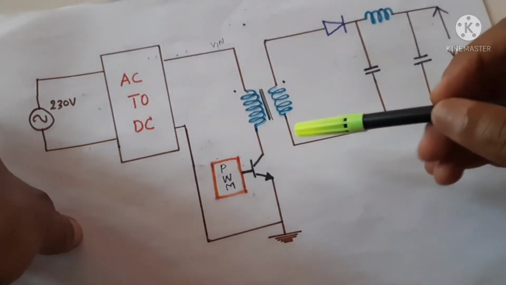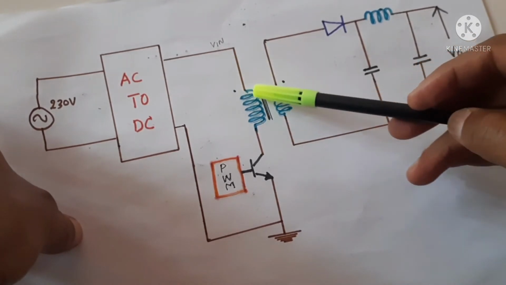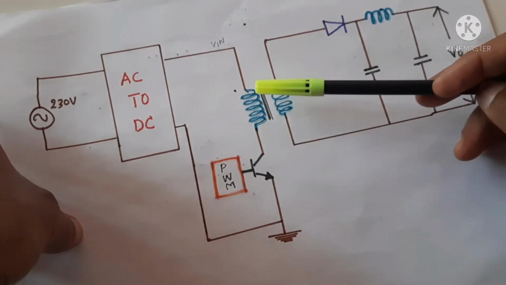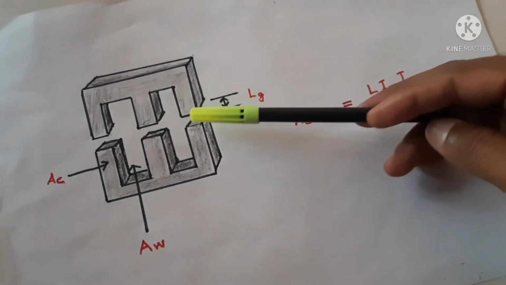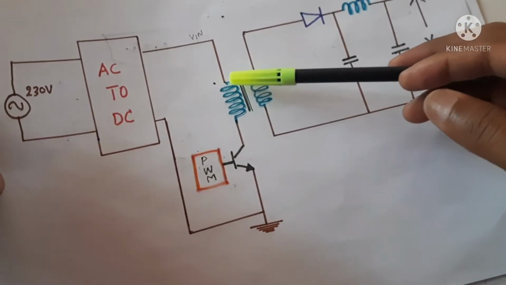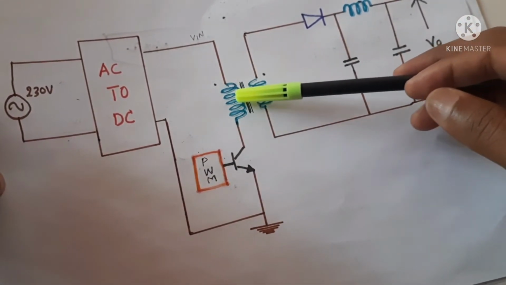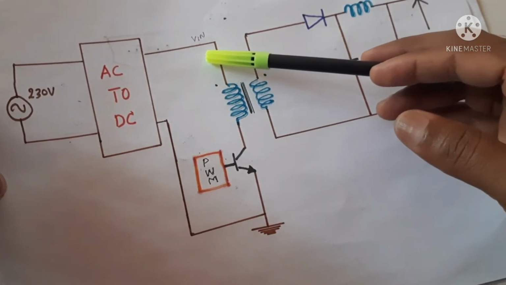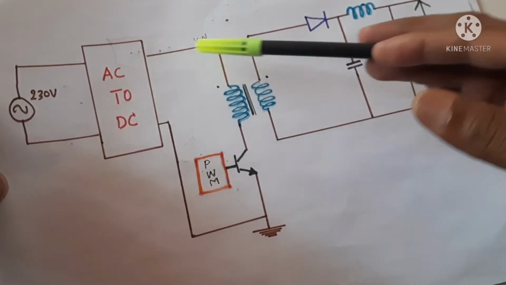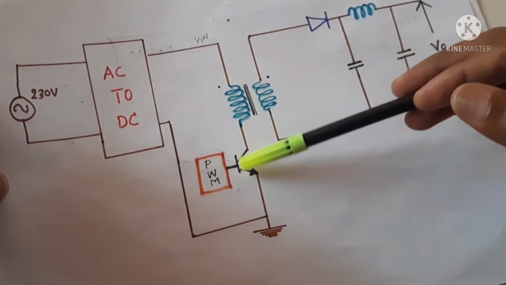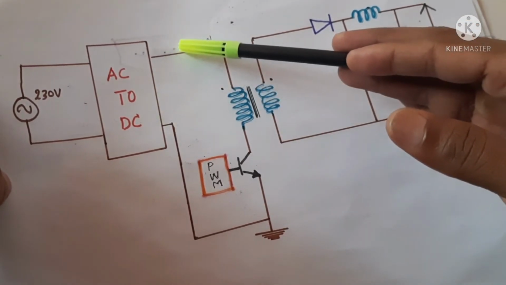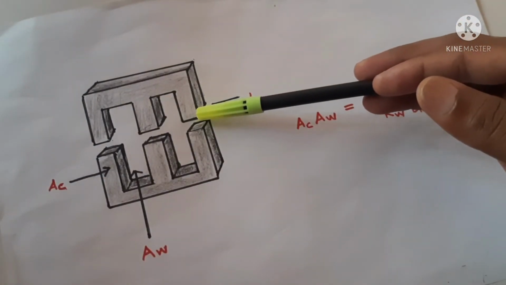Now we also consider what happens when more current flows through it. When will more current flow through this? If the number of turns is the same and the core material is the same, the inductance of the primary is same. So in order to pass more current, the input voltage has to be high. Then only more current will flow through this. That is what we said here.